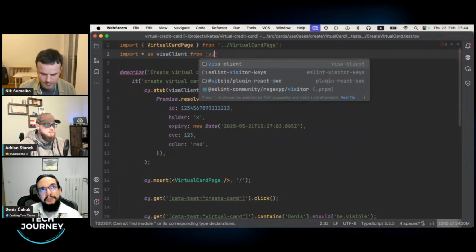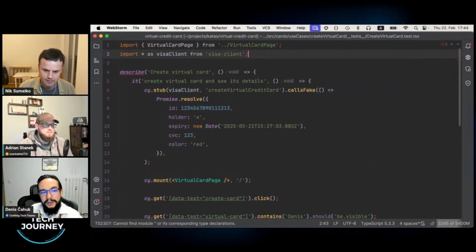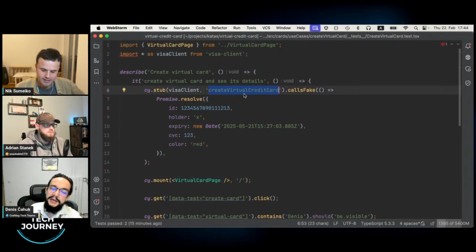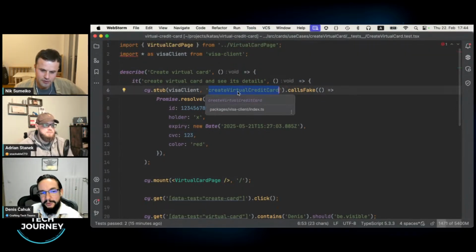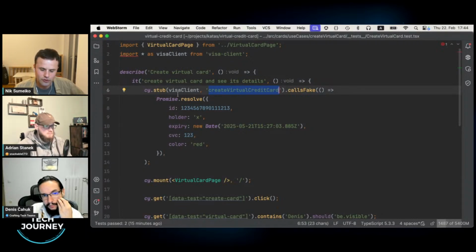To be clear, which part are we stubbing? The response. We actually create a fake for the method that the SDK has. This is a typical approach, very popular, especially with jest mock. Then you define some model that you want to mock and some method within that model, and you stub what you want it to return.